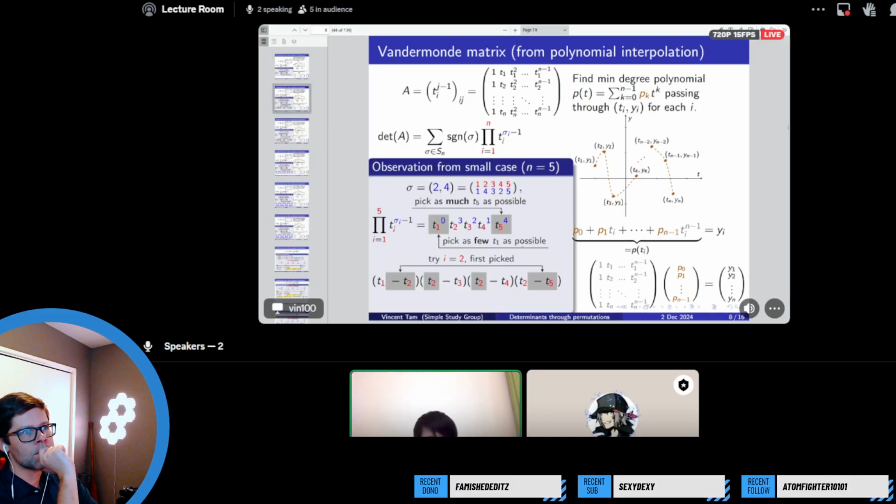So what we are trying to do is to look at the Vandermonde polynomial. For example, I fix any row index I, say I equals 2, and then I observe in the Vandermonde polynomial the terms containing the row index that is being picked. Since we have said that we try to avoid T1, we are picking here, and we try to pick as much T5 as possible. That's why we are taking minus T5.